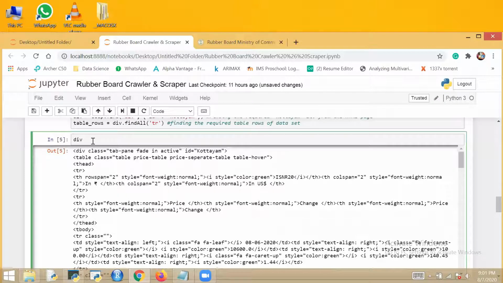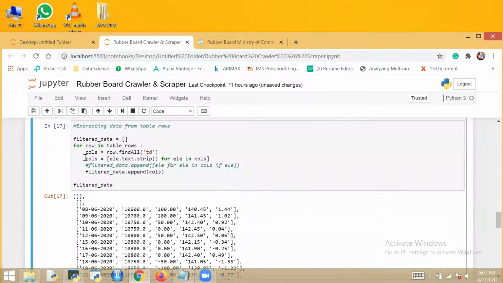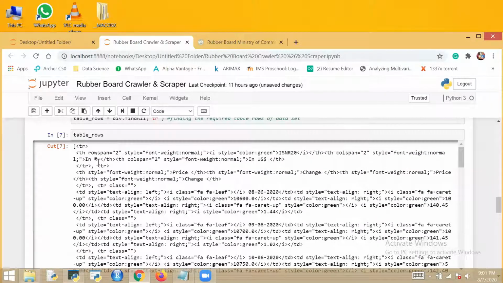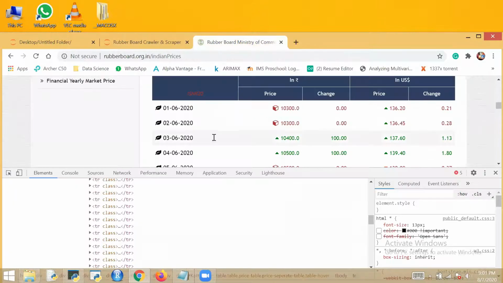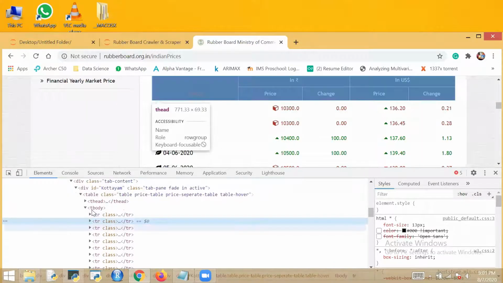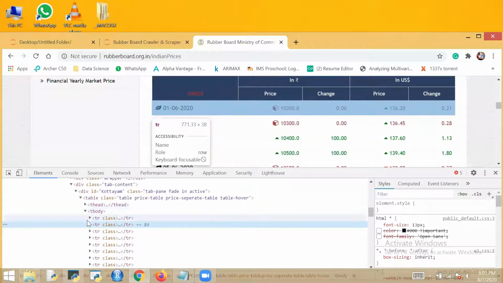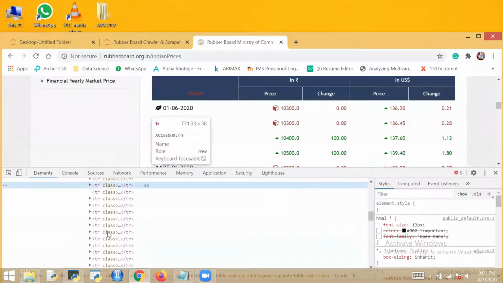Now let's see what is there in my table rows. This is my table rows, what I got in that data. Everything is now filtered out. I'm left with these table rows in the data.